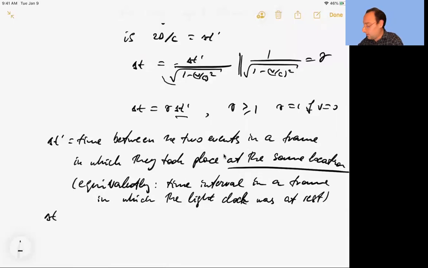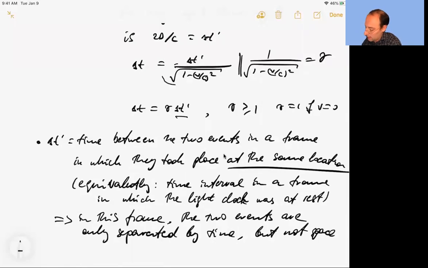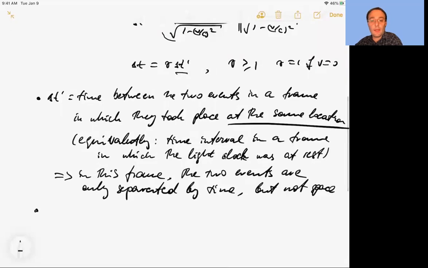And by the way, I already emphasized that the two events are only separated by time in this frame. Okay. Delta t was the time